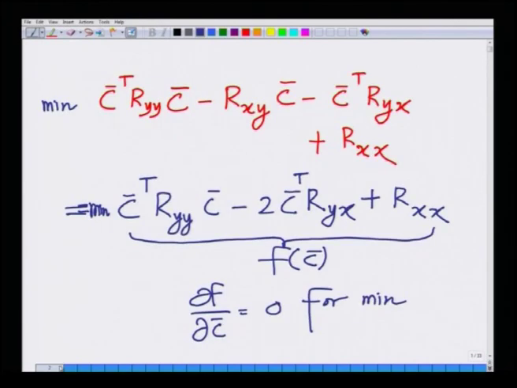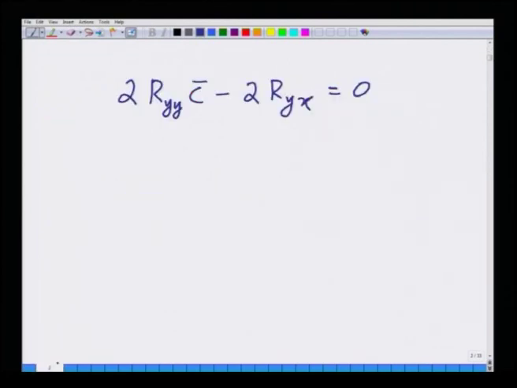Remember, earlier we said the derivative of C transpose times some vector is nothing but that vector when I differentiate it with respect to C. Hence, the minimum C is such that R y y C bar equals R y x, and hence